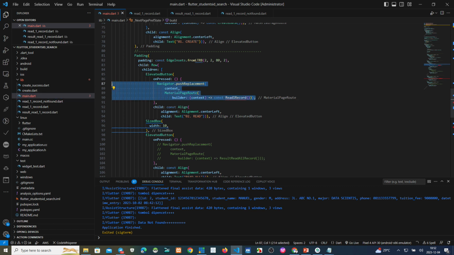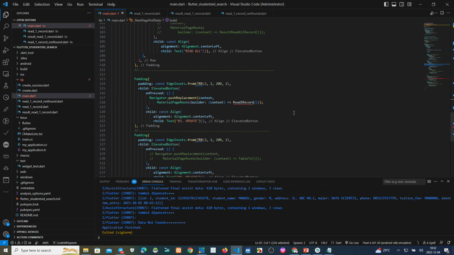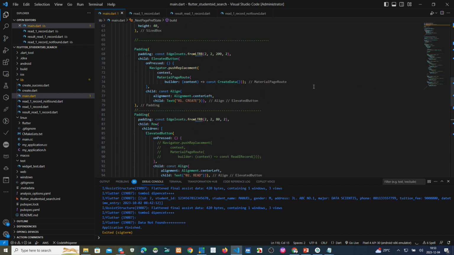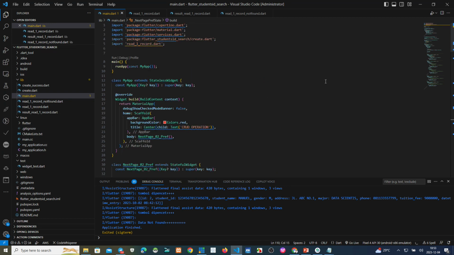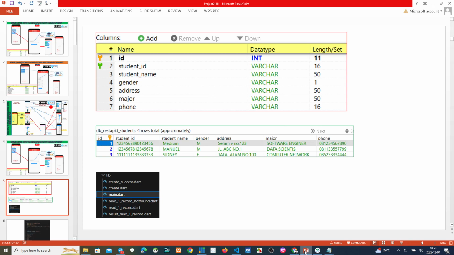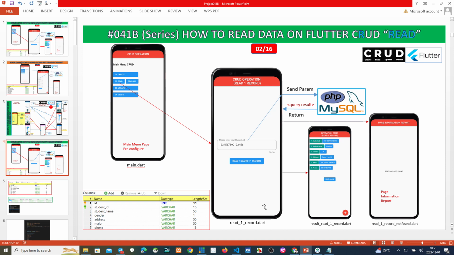Okay, we make a remark first. So once again this one, to make this one not error, not red. Now we make this one read one record.